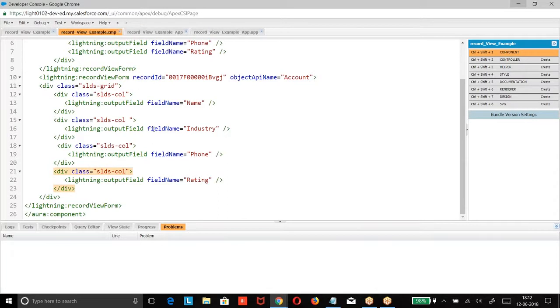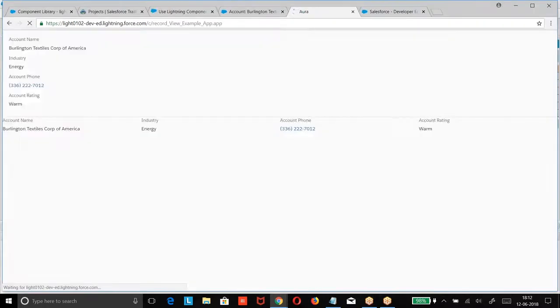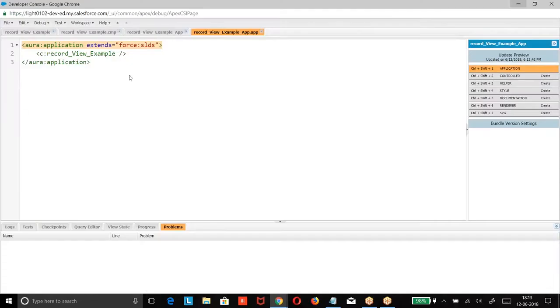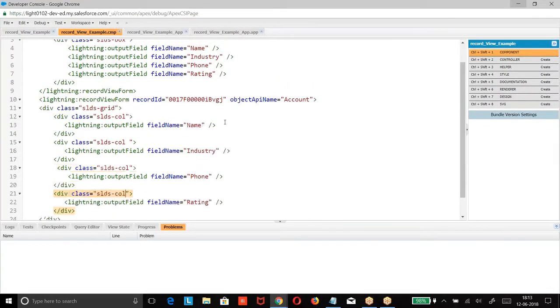How many columns are there here? Simple, this is the basic structure. SLDS grid, 4 columns. Right? Generally, when you go for a size, when you want to wrap it, different rows have different sizes. When you want to go for wrapping, we mention size 1 out of 4, 1 out of 6. But when you want straight away elements, we can give column 1, column 2, column 3, column 4. Straight away data will be displayed here. Is it simple here?